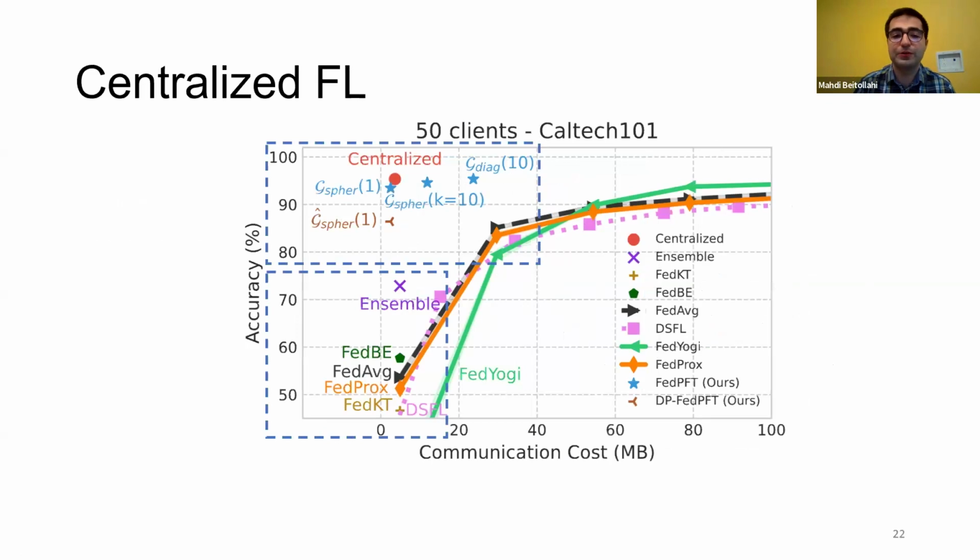knowledge of foundation models. And at the same time, you can see we're showing different choices that we had for the parametric models. For example, you can see having one mixture has less accuracy than having 10 mixtures, or using diagonal covariance matrix is better than spherical at the cost of communication cost. So in here, we're just showing the trade-off, but the idea is the same.